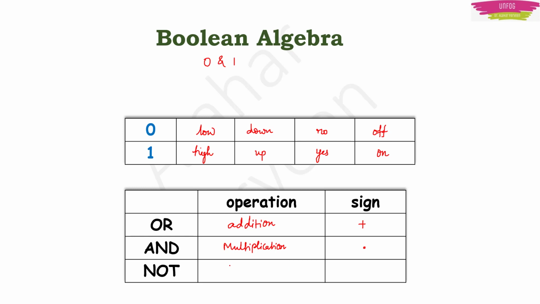And the NOT operation is the complement of a variable. Complement means it inverts, or it gives you the opposite answer. That is its operation. That means, see, if you are operating NOT on 0, it will give you 1. If you are operating NOT on 1, it will give you 0. That is the function of NOT. So it is the complement of a variable. I will write it here as complement. It is indicated by a bar. Say if you take the variable as A, then you write a bar over it.